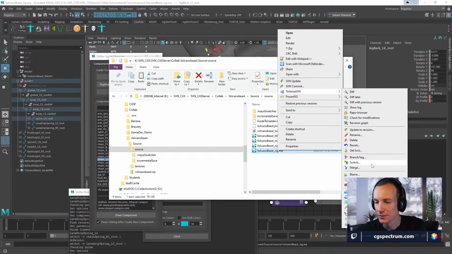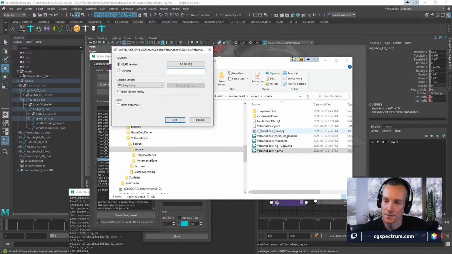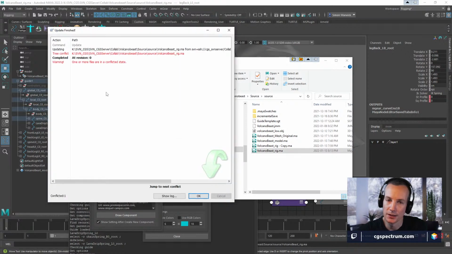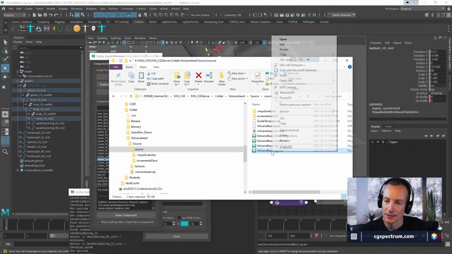I wish I knew SVN better. I know how to do this in Perforce really easily, but I don't do this very often here. Update to revision. Let's just go 0. Can we do that? No, we can't. It's so complicated.